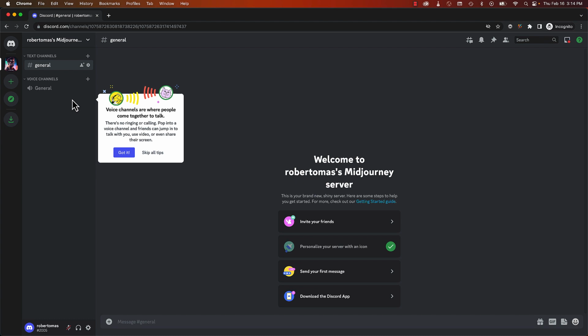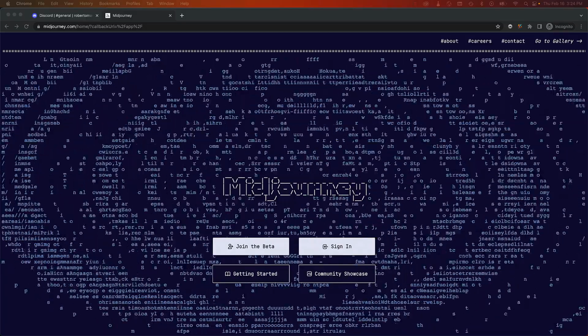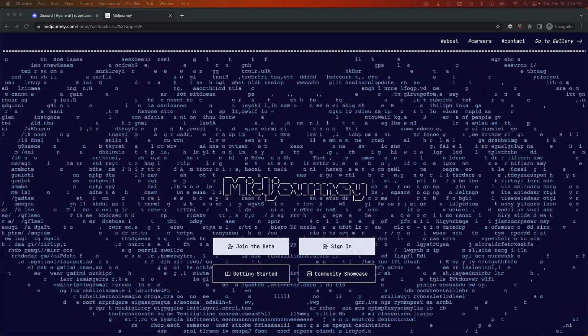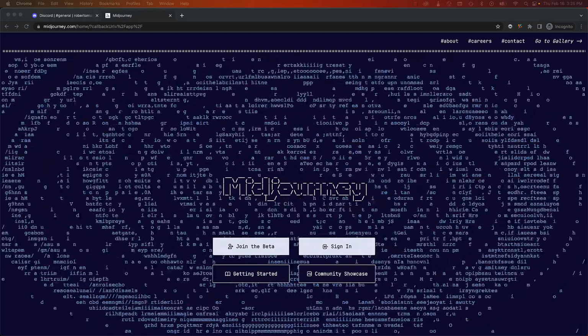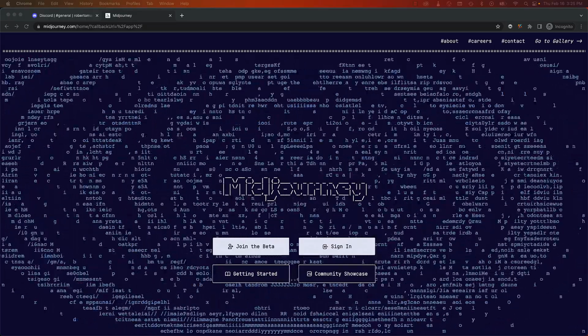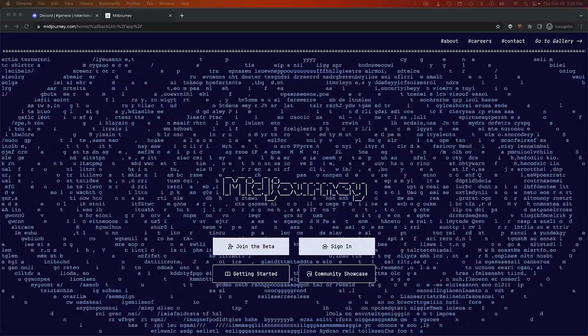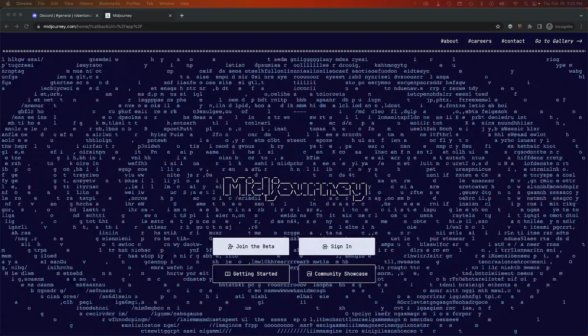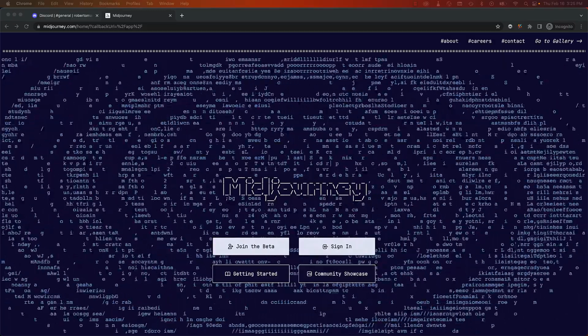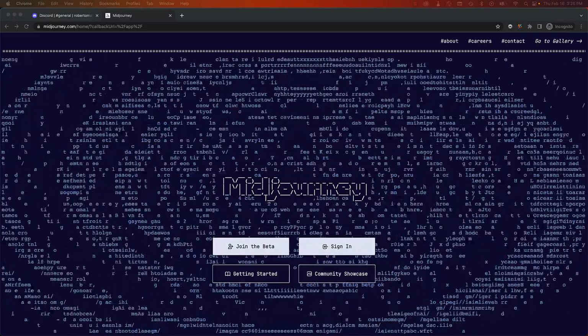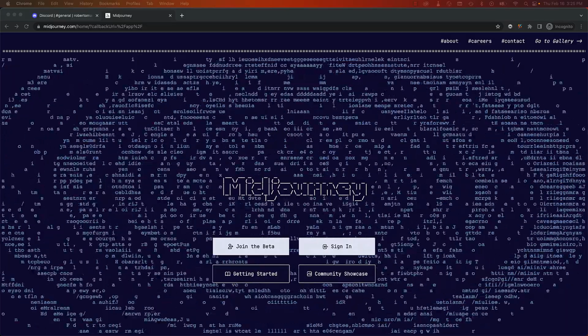Now let's create a Midjourney account. To create a Midjourney account, go to the Midjourney website. You can do this by clicking the link in the description below or typing midjourney.com in your preferred browser. This page should open up, this kind of matrix-style blue page with text disappearing and appearing in a swirly manner. Anyways,